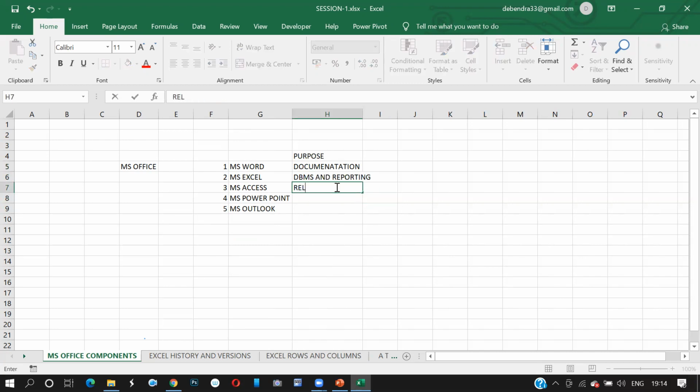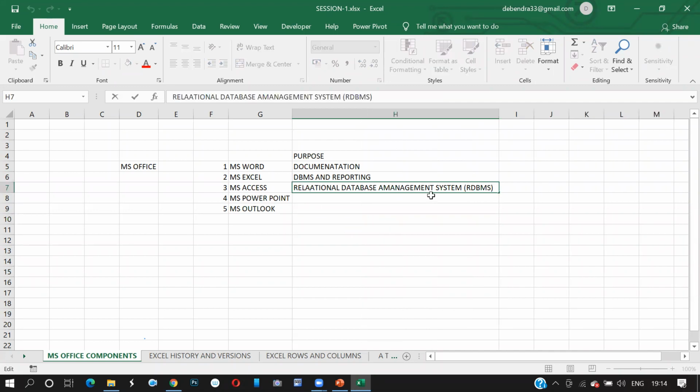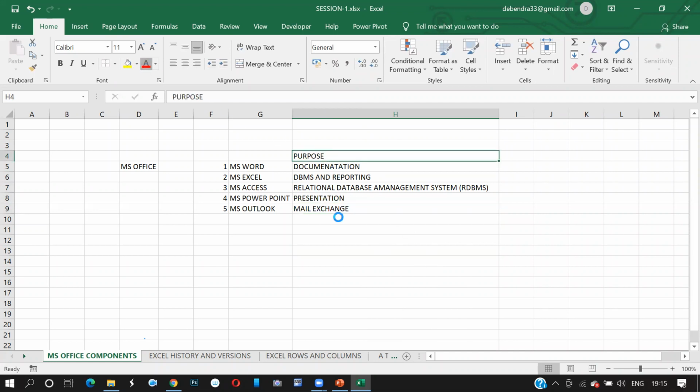MS Access is called a relational database management system, which we call RDBMS. Does it make sense? MS PowerPoint is for what? Presentation. MS Outlook is for what? Mail exchange. Is this clear to everyone, guys?